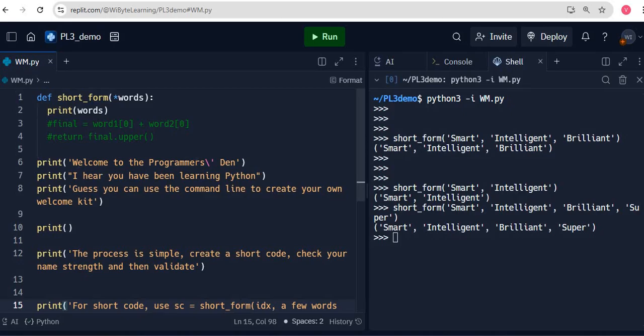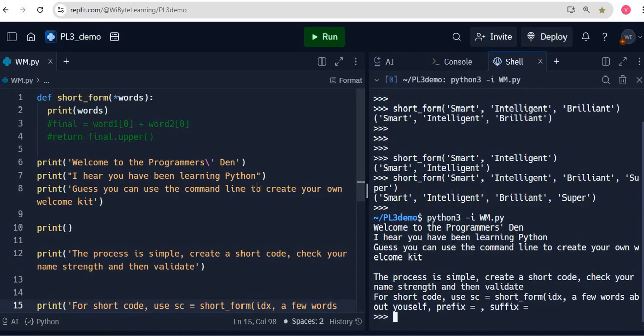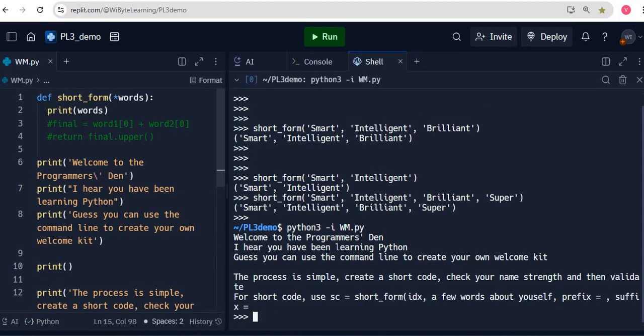And then just say, let's say, welcome to the programmer's den. I hear you have been learning Python and so on. We had this in the demo project. When the project starts now, which means that if I run it now, for example, it gives me a much more elaborate output. It just says, okay, welcome to the programmer's den. I hear you have been learning Python. Guess you can use the command line to create your own welcome kit. First thing, let's create a shortcode. Now, obviously, we're not fully ready yet, but this message gives us a context and sets us for where we